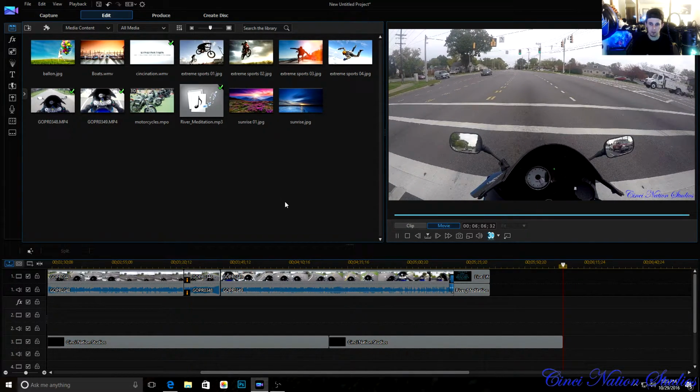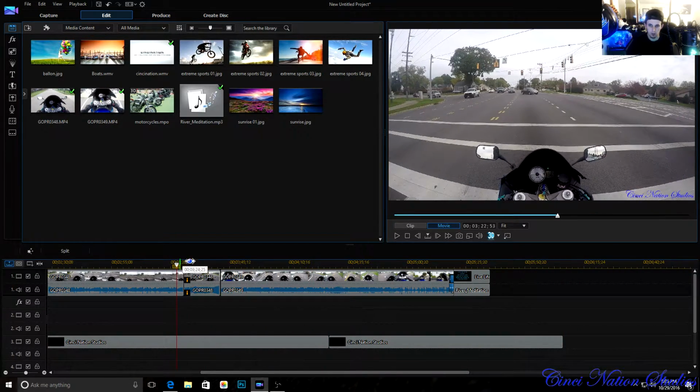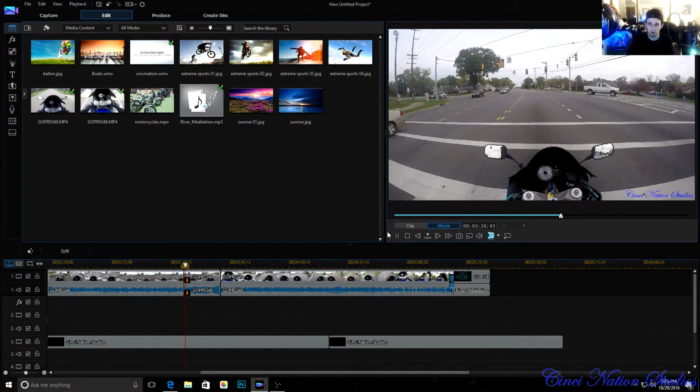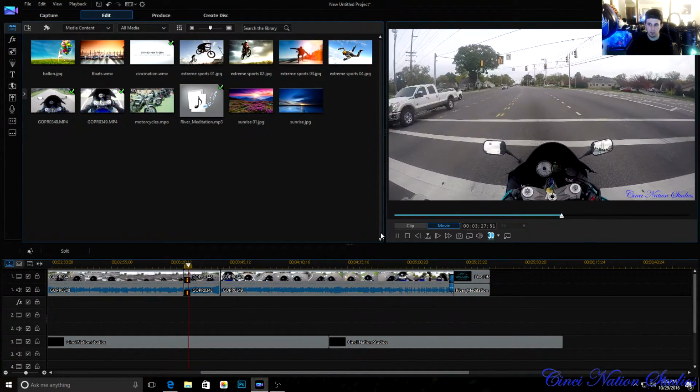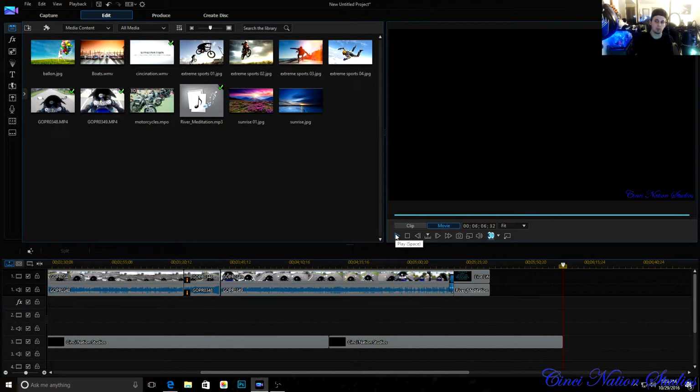So, you can definitely speed that up. You can do whatever you want with that. You can make it a faster time lapse if it's a longer time lapse or whatever. You can just speed that all up, make it as fast as you want it to be. And then when you get ready to produce it, here's another thing you want to do too,